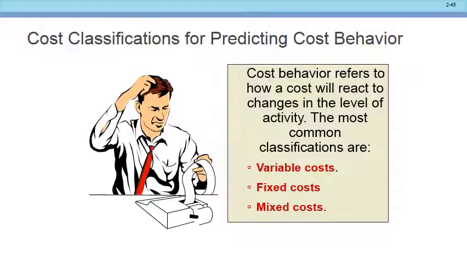But let's stop on that one. Let me come back to the supervisor. Let's do an easier one, okay? Because you guys are all, your sense is right. There's something special about something like the supervisor. So let's hang on to that thought, and let's go with an easier one. How about the rent on the building? The rent is fixed, isn't it? Okay. How about depreciation on the building? That's going to be fixed. Okay, good. Now let's go to the utilities.